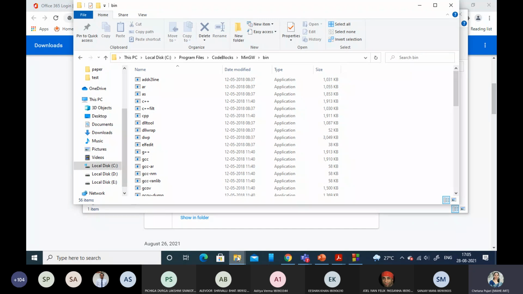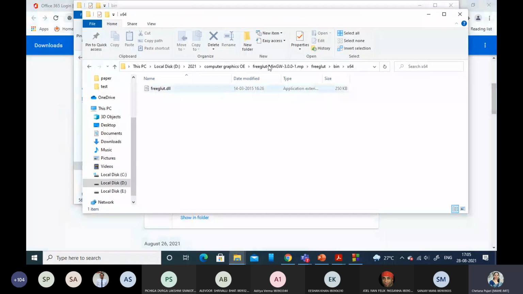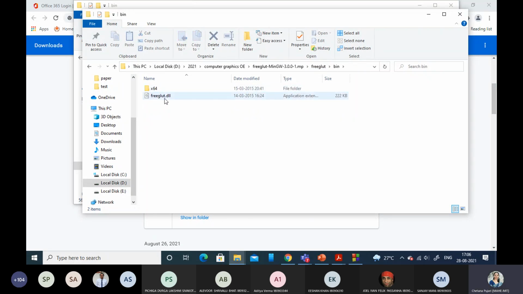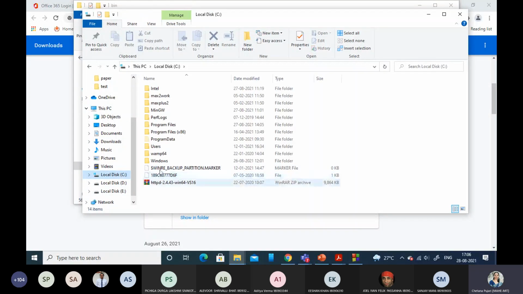Next is the DLL file. In FreeGLUT, the DLL file, I missed it, sorry. This DLL file you need to copy to your Windows folder.